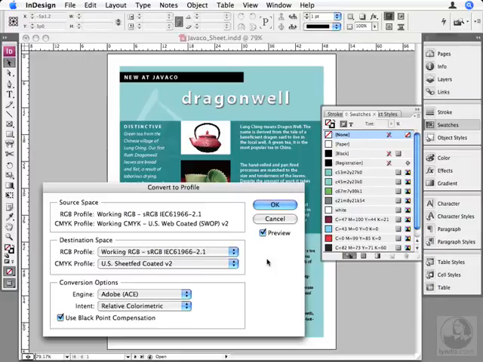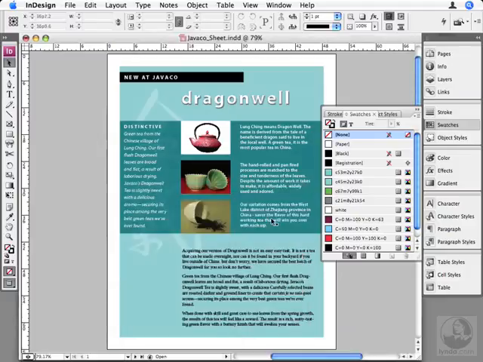You really need to be careful when choosing Convert to Profile. It can totally mess up your documents. On the other hand, the Convert to Profile dialog box is very useful because it's pretty much the only place you can go to find out what your current document's working spaces are set to. So I use it for that. I come in here, I look at that, and I say, oh, I see, it's web-coated. That's fine. Maybe I want to change it with Assign Profile, maybe not. Let's go ahead and cancel that.